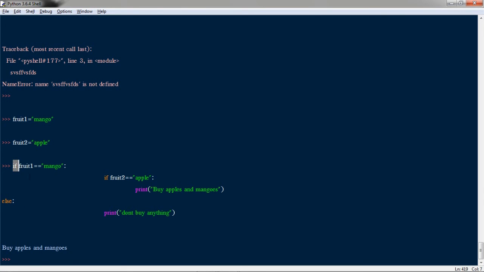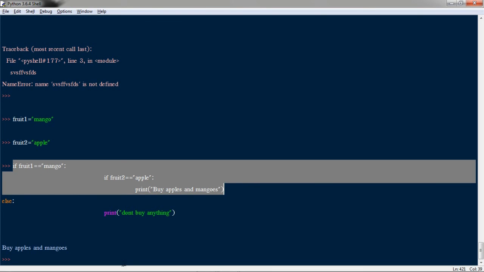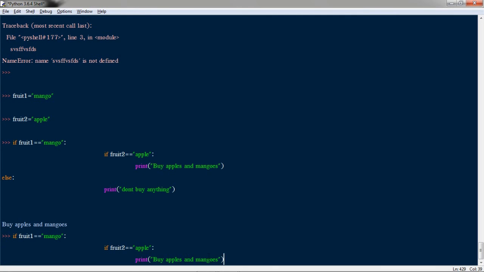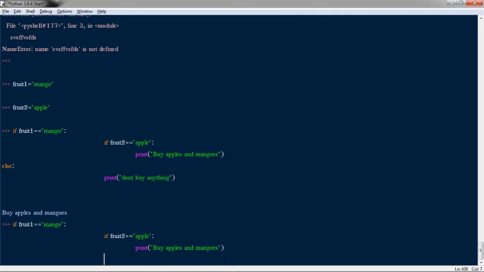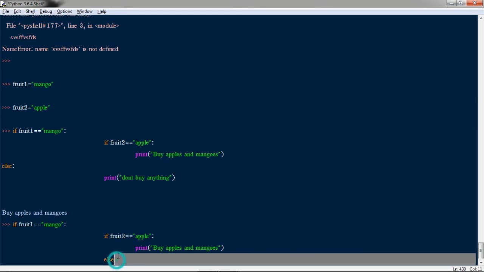If you were to give an else for this if, you could have done it like this. Let us copy it and paste it here. Let's say I have to give an else as well, so I'll give else here. You can see I'm giving the same indentation, so they are both in the same line because this else is for this if. But this else was for this if, so I was giving it beneath this if. Then I give a colon and press enter.